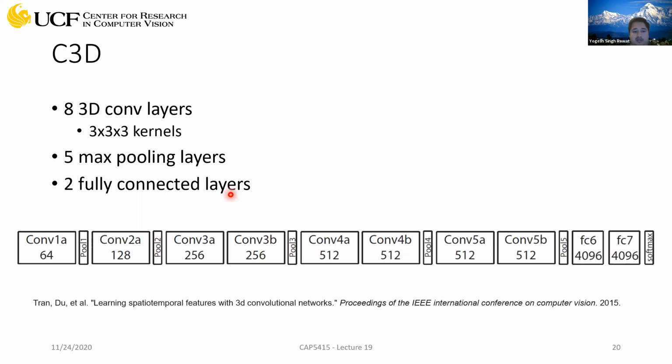Now, the architecture they proposed, I think they have 8 convolution layers. The numbers here are showing the number of channels they have in each layer, and these intermediate layers are pooling operations. And again, same as you can perform pooling in 2 dimensions, you can also perform pooling in 3 dimensions. It's just you have one extra dimension. Okay, rest of the things will not change. So they have 5 max pooling layers, and at the end they have 2 fully connected layers where they have these many neurons.